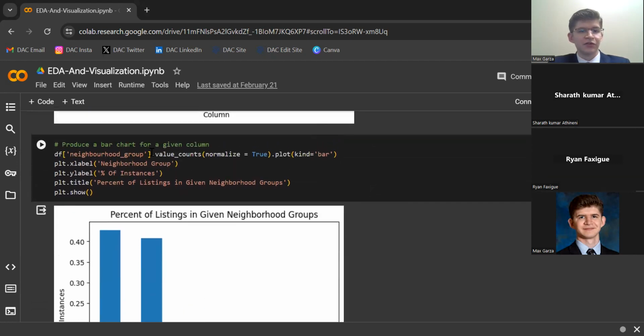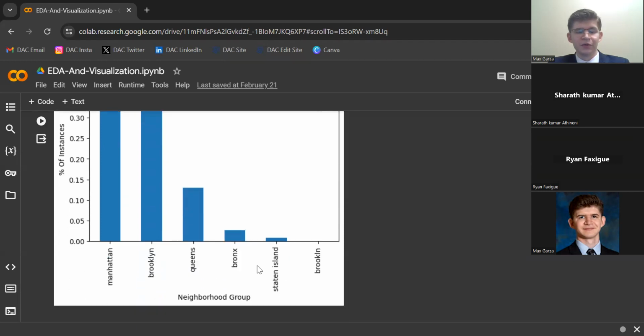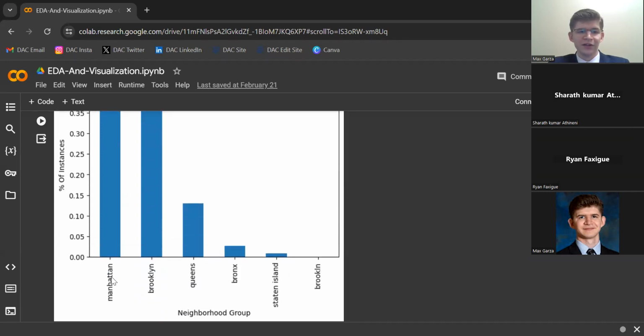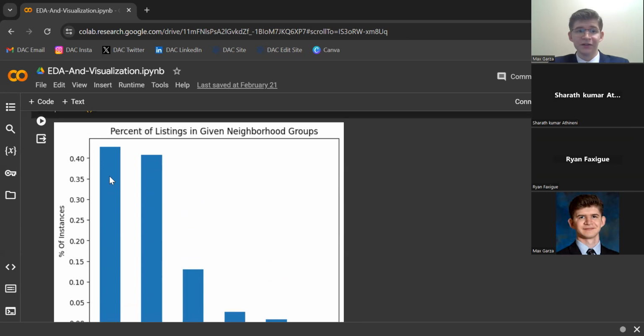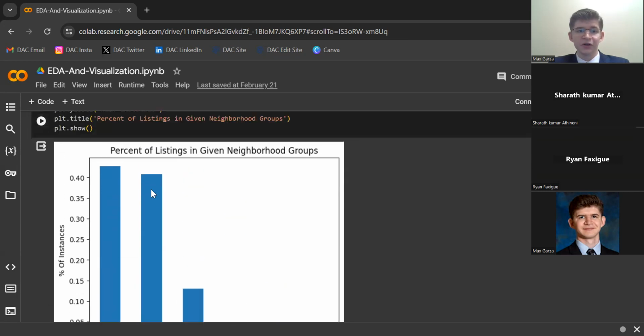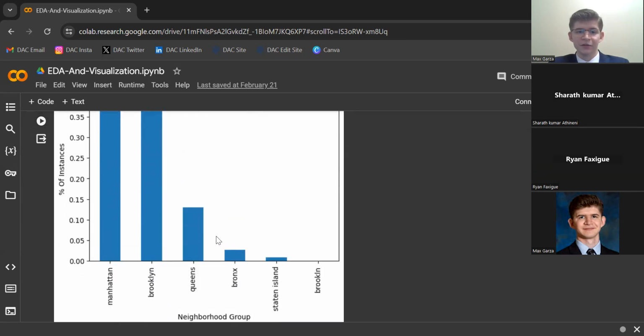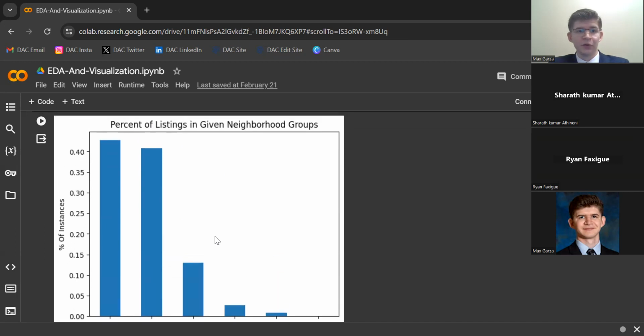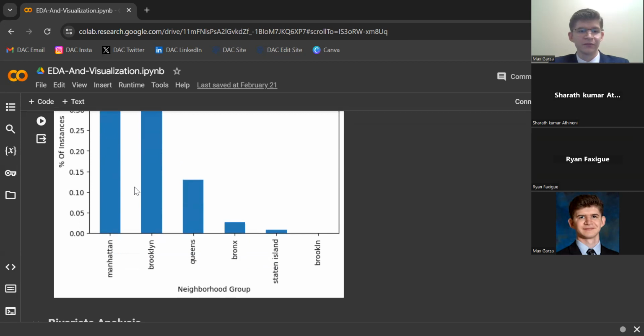And here, this is just using it for a bar chart, which can also be important, because here we can see how overrepresented Manhattan and Brooklyn are compared to these other possible neighborhood groups. Almost all the listings are occurring in these two neighborhood groups. And that is actually important to know whenever we get into the machine learning side of things, but we're not focusing too much on that right now, so